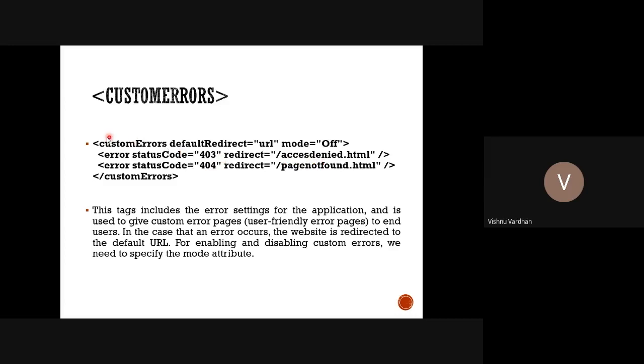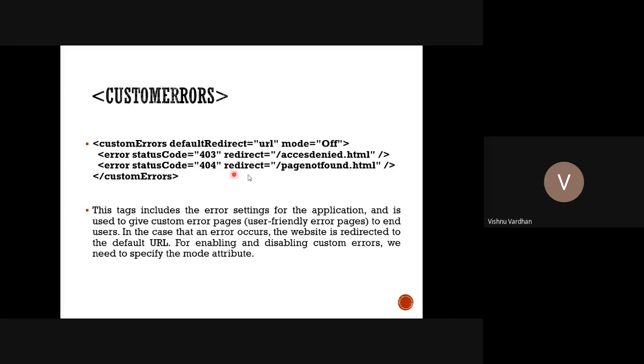So in that way, for any kind of error, you have to specify the error code. These are the HTTP error codes. 403 is for the access denied. 404 is for the page not found. Suppose user is accessing some page abc.aspx which is not available. So gracefully you want to take them to a page where there can be a login or there can be some home page.